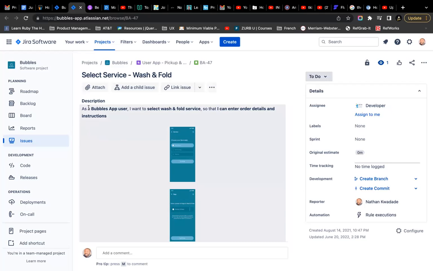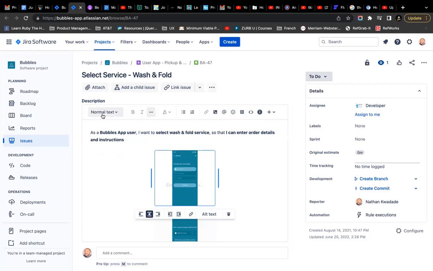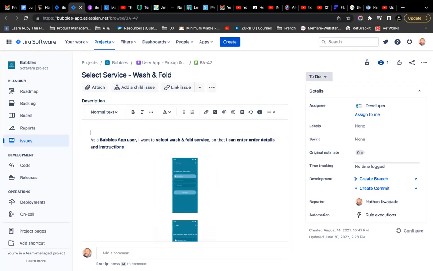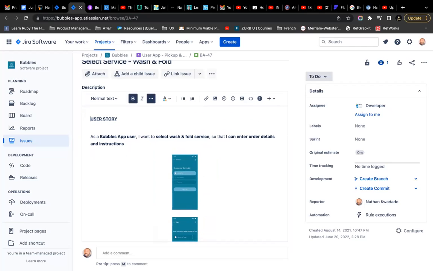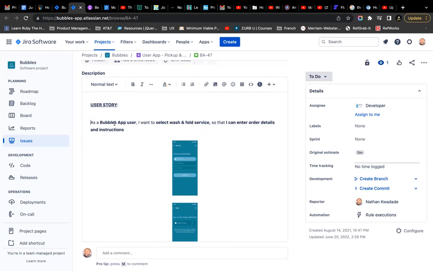So this right here is an example of a user story, right? This is something that I'm sending. I'm typing this as a user story. This is an ongoing project. That's why I'm using it to explain the work that is being done, right? So a user story usually goes like this: as a blank, I want blank so that blank, right?